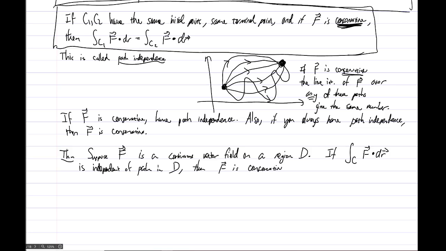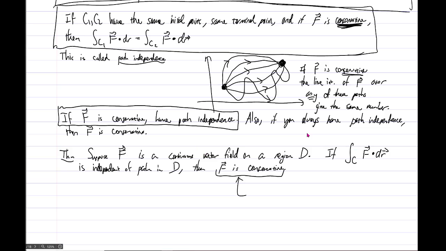So this is just a bit more of a factoid. I think the key thing that we'll use a lot more is the other direction, that if F is conservative, then you have path independence. Okay, and again, just to make sure, the theorem itself, I don't think we're really going to ever apply. This is more just an excuse to remind you what F is conservative really means, because it's come up multiple times. So in other words,